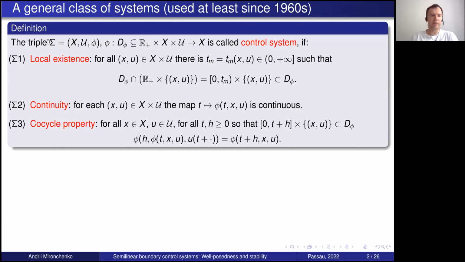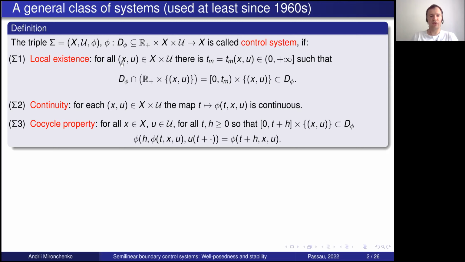We take the triple Sigma consisting of three elements: the state space X, which is usually a Banach space, the space of inputs U, which is a Banach space as well, or at least a nonlinear space, and the flow map phi. We call this triple a control system if it satisfies the following properties. If it has some local existence,